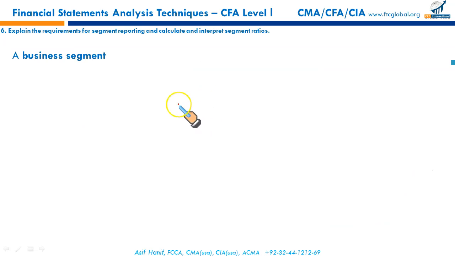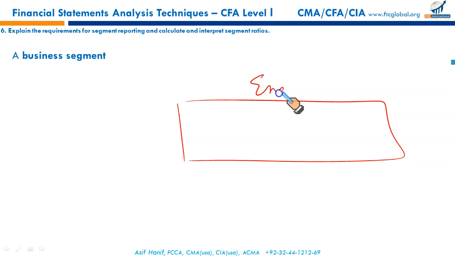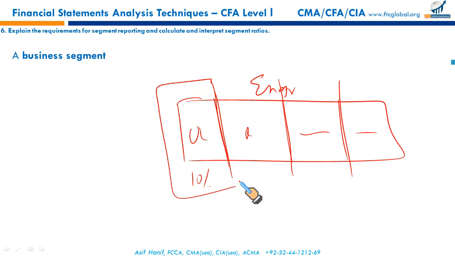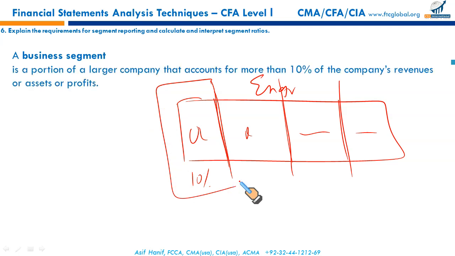A business like those from Pakistan, they will know that there is a firm in Pakistan, Agro Foods. It has certain segments. So sometimes the business is split up into specific domains, specific segments. Our standards tell us, your US GAAP specifically, that if any part of the business holds 10% of profits, 10% of assets, or 10% of revenue, it represents a significant sub-part of the business and must be reported separately.